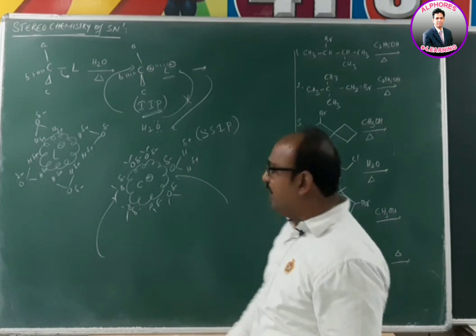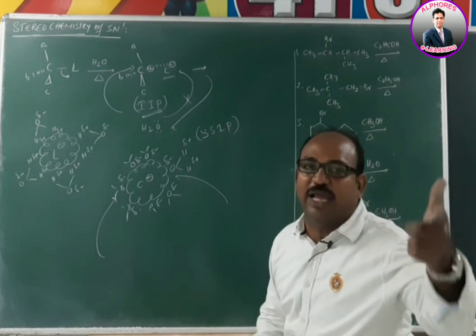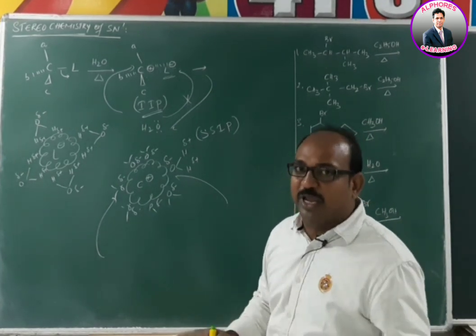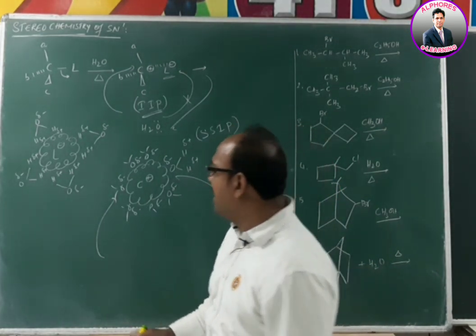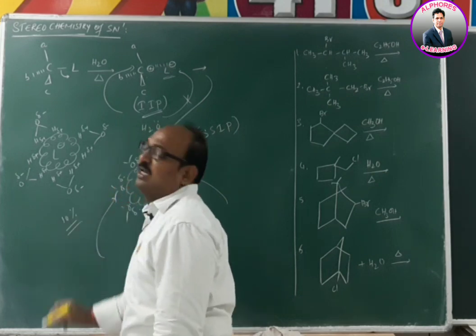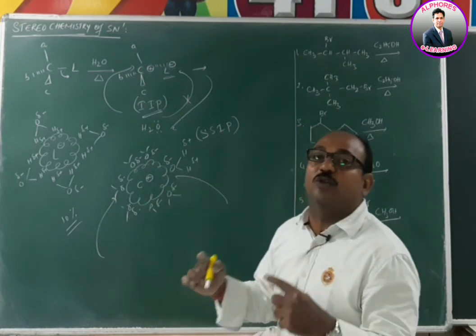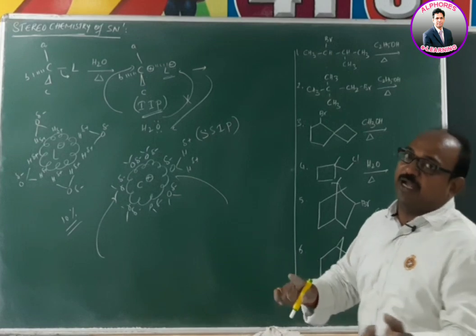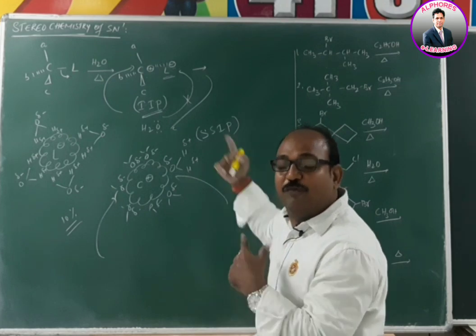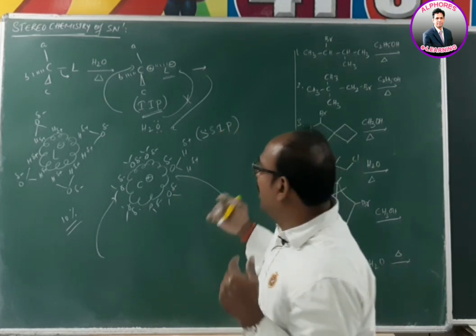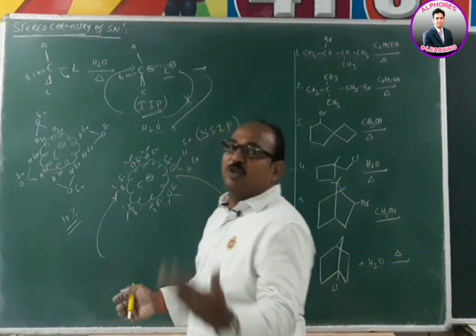Because of this reason, the inversion product, as we discussed in the previous example, is a little bit more than retention. That's why you are not getting a 100% racemic mixture; you are getting almost 90% racemic mixture, and around 10% is one enantiomer in excess, not to scale. Remaining 90% is racemic mixture. Hope it is very clear. Why are we expecting 50-50, a racemic mixture, but not getting it? Instead, we are getting a little bit more inversion product.